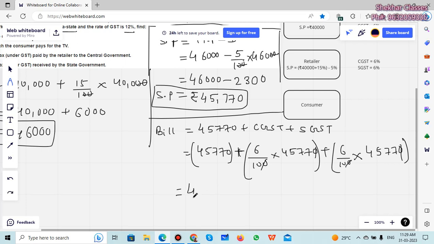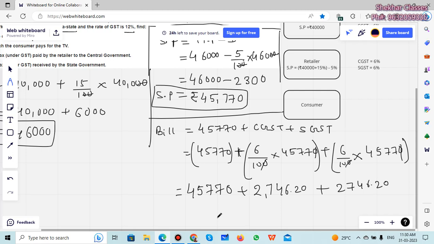It will be 45,770 plus 6 into 4577. We have to do that. Whatever comes from 6 into 4577, you have to divide it by 10, and that will be 2,746 rupees and 20 paise, and that is the same here also, plus 2,746.20. Now add all of these